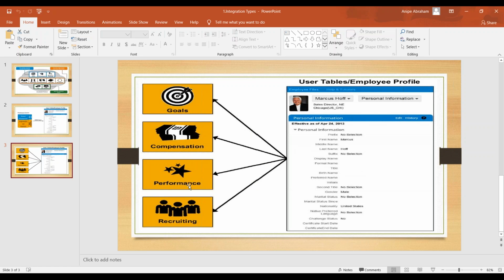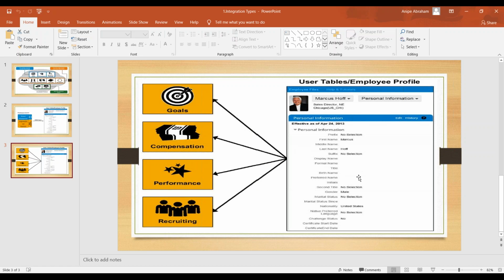So how is it actually going to work? Say you are in performance management. When you launch your performance life cycle, you should be able to access the employee data sitting in performance management. But where is the employee data coming from? From the employee profile. How did this employee profile data come? It came from the Employee Central system. How did it happen? With the help of the HRIS sync.